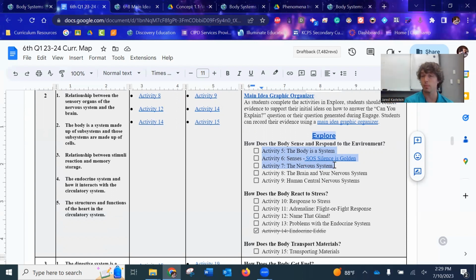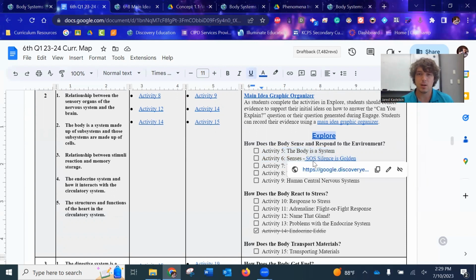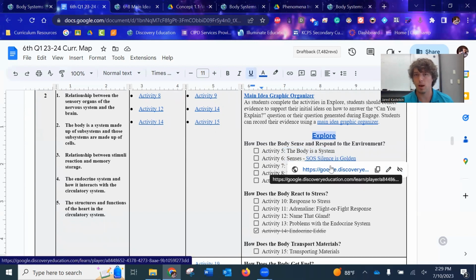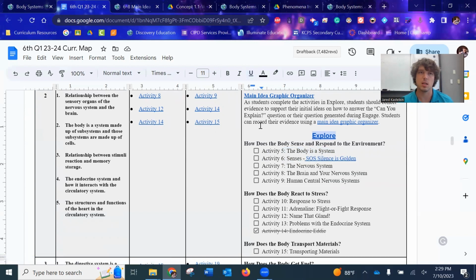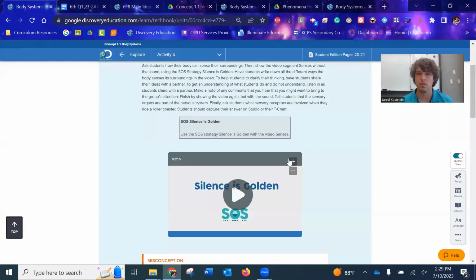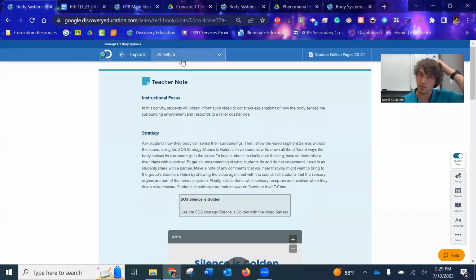Maybe we assign it on the computer. Maybe the kids don't get on the computer at all. That's how I want people to view this: we don't have to assign and do it on the computer, even though it's a digital resource. You'll see how you can build these out and be super engaging. These things that I've highlighted here, these SOS strategies, I highlighted them just so you can quickly look at them. But if you actually go to activity 6, which I pre-pulled up so you can view it, so when I clicked into activity 6,